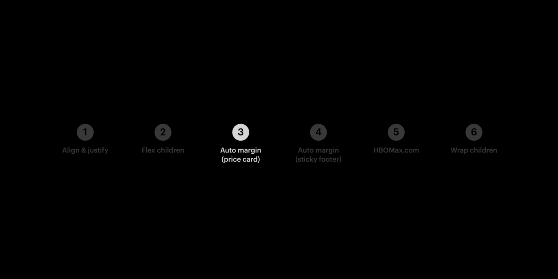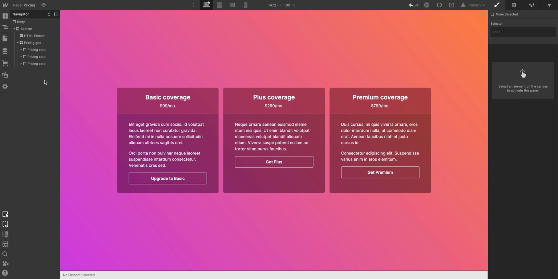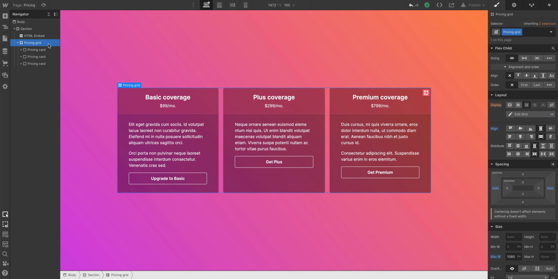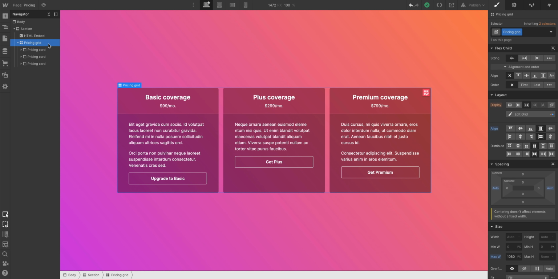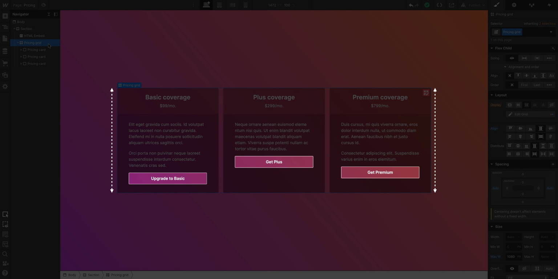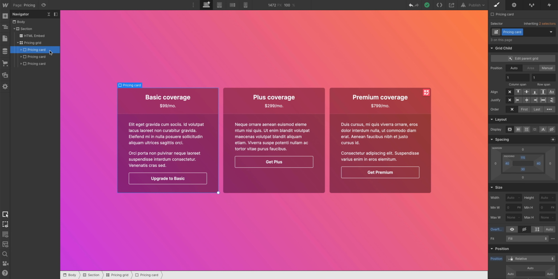Let's do a pricing table, and this one's really straightforward. And the big aha moment for Flexbox here is that you can use it in conjunction with other layout tools. This is CSS Grid. It's just 3 columns with a div block inside each. Those are our pricing cards. But even though they're equal height, the buttons are all over the place. But if we select a pricing card, even though it's in a grid, we can set the cards.